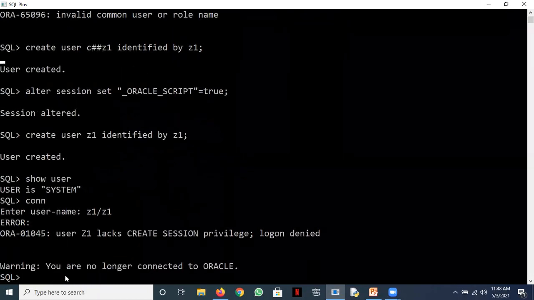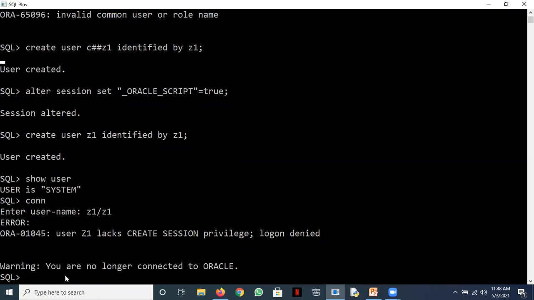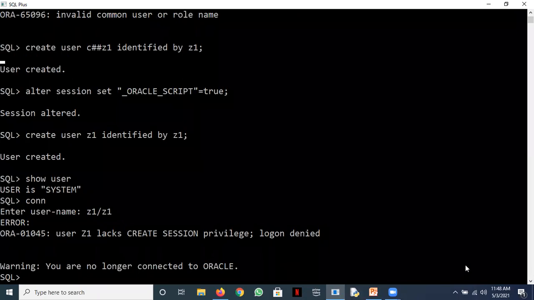See what it says. It says user Z1 lacks create session privilege. Log on denied. Can someone tell me how to take care of this error? What is required so that Z1 can log in? It says create session privilege.